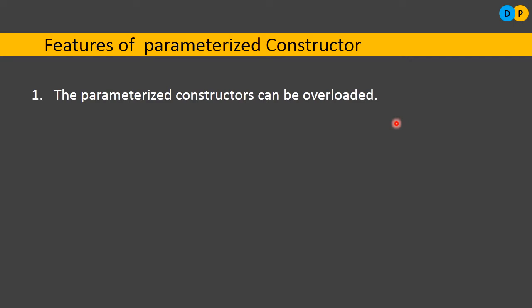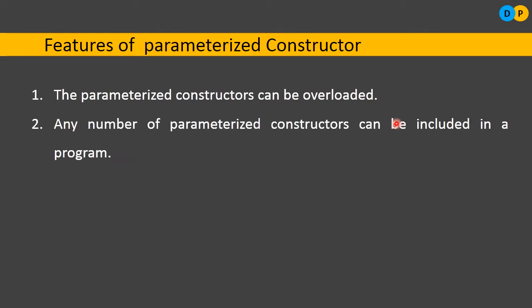So when you are having multiple parameterized constructors, all the constructors will be carrying the same name. So how are you going to differentiate them? That's a problem for the compiler. So the differentiation can be done with the help of either the number of arguments or the change in their data type. Or else you can also consider their precedence, whether it is an integer or character or float, whichever appears first. So on these parameters we can characterize them, and we can identify which particular parameterized constructor is called. That's why in a program we can have any number of parameterized constructors. If more than one parameterized constructor is there, then that particular concept is referred to as overloading.